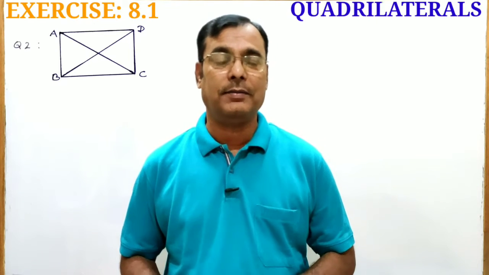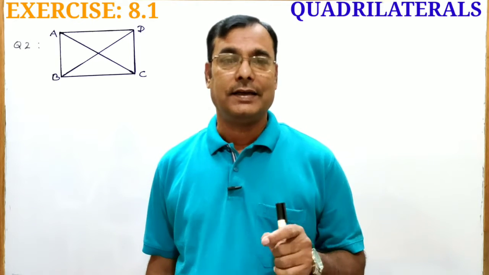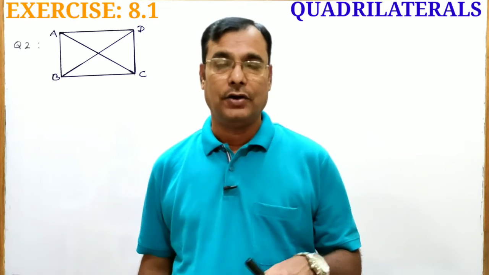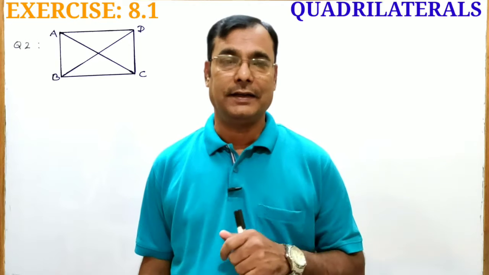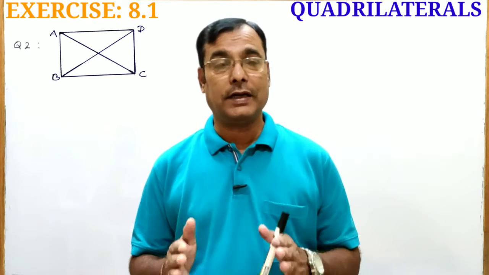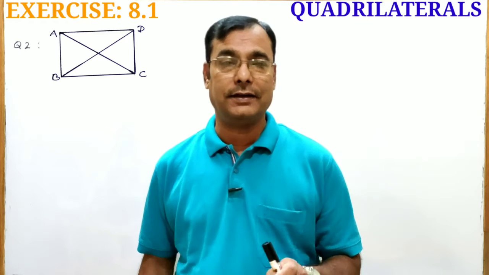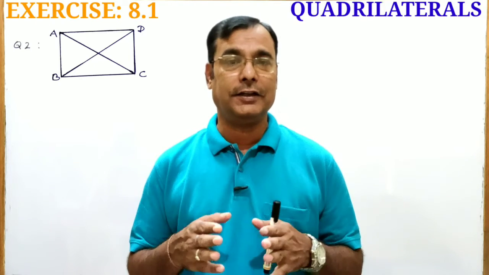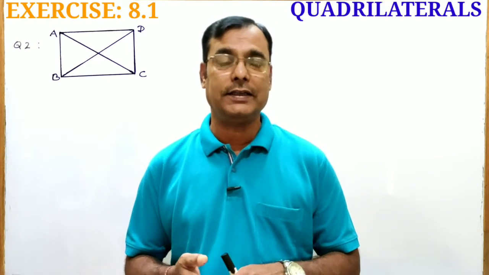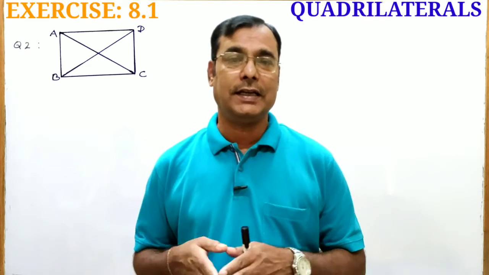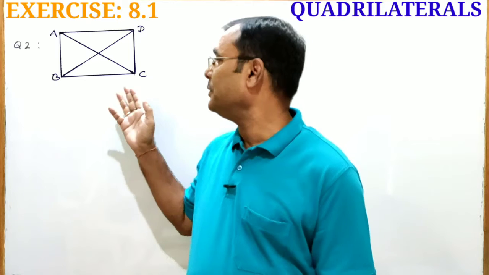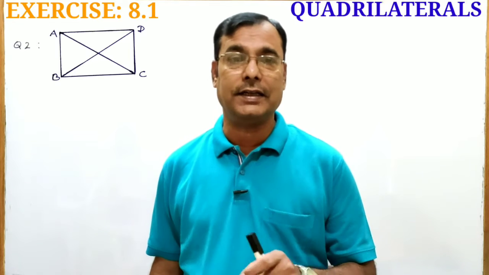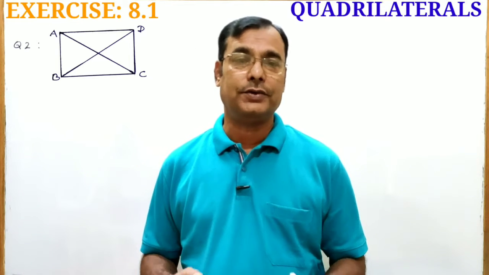Rectangle is a parallelogram whose one angle is a right angle. Actually, in a rectangle which is a parallelogram, all four angles are right angle. But if you have a parallelogram with one angle right angle, rest of the three angles automatically become right angle, and therefore that parallelogram with one angle right angle ultimately becomes a rectangle. So here in this parallelogram ABCD whose diagonals are equal, if we will prove that one angle is right angle, then problem is solved and question is proved.